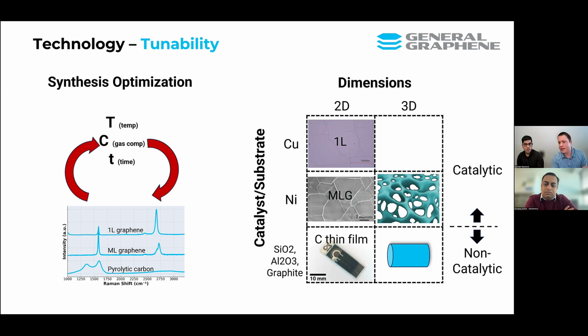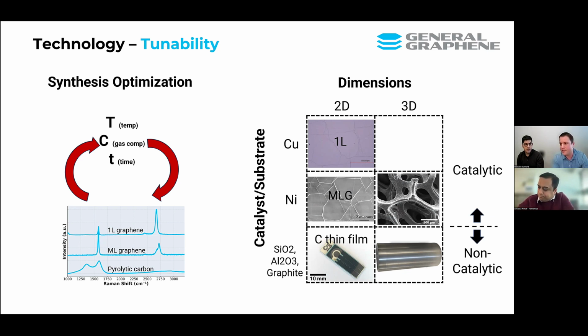An example would be we can deposit a pyrolytic carbon on an alumina substrate, which is used for electrochemical electrodes, which Siddhant will touch on in a moment. If you look at three-dimensional nickel, this is something we can use as a template to grow a graphene foam product, which again, Siddhant will touch on. And with three-dimensional refractory materials, like a tube, for example, we can deposit a relatively uniform pyrolytic carbon coating. So you see, we have a lot of tunability in the carbon products that we produce, and we try to provide carbon suited for our customers' needs.